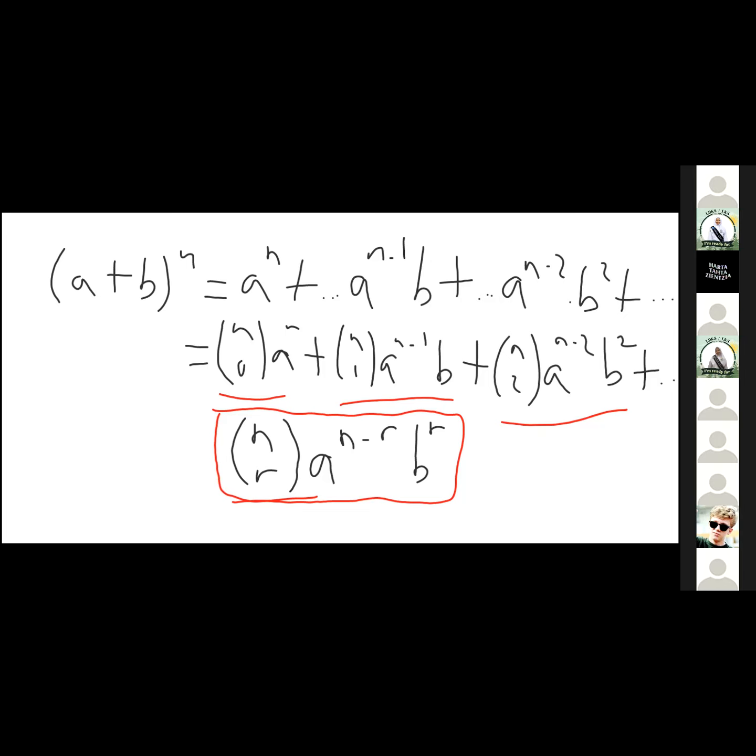Ya, kita langsung ke contoh. So let's change the